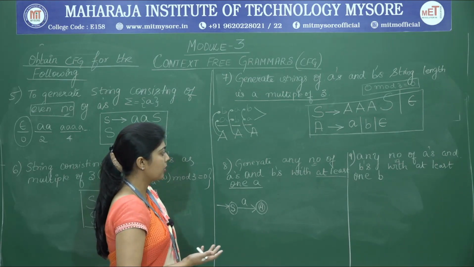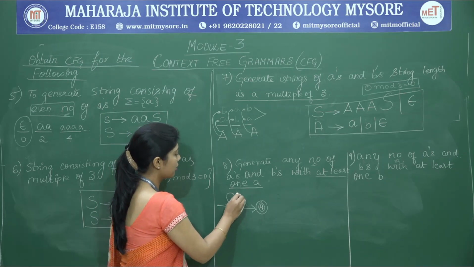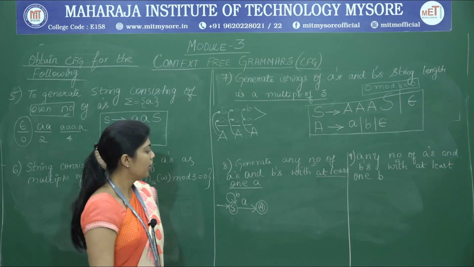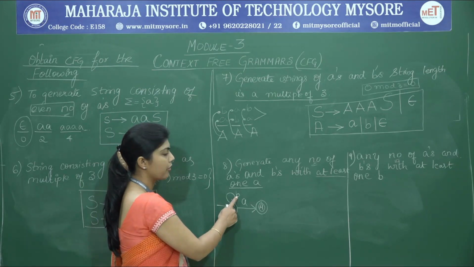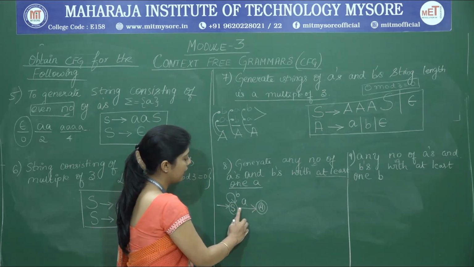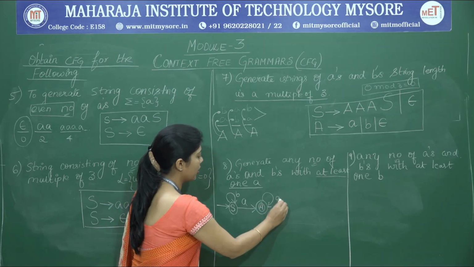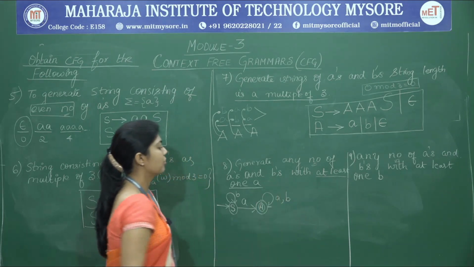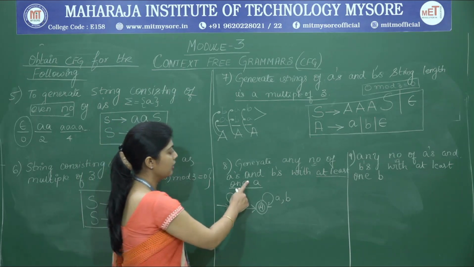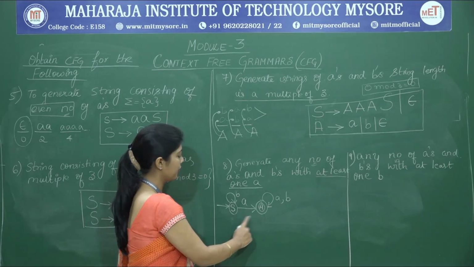So what about the number of B's? So there is no restriction on what should be the very first symbol in the string. Therefore, the string can also start with a B. Next, after having at least one A, it can have any number of A's and B's. So this is how we write the DFSM for the given problem statement. Can we derive the set of rules from the FSM?